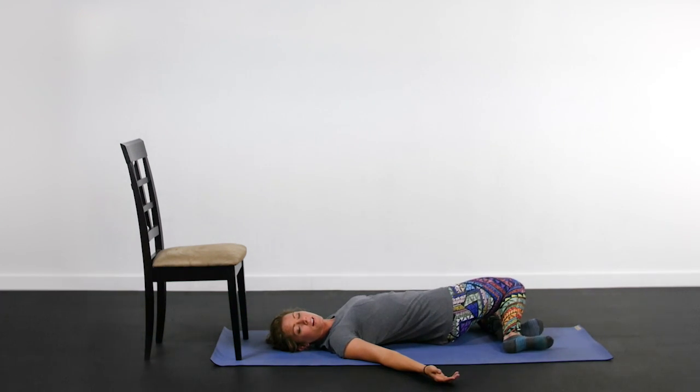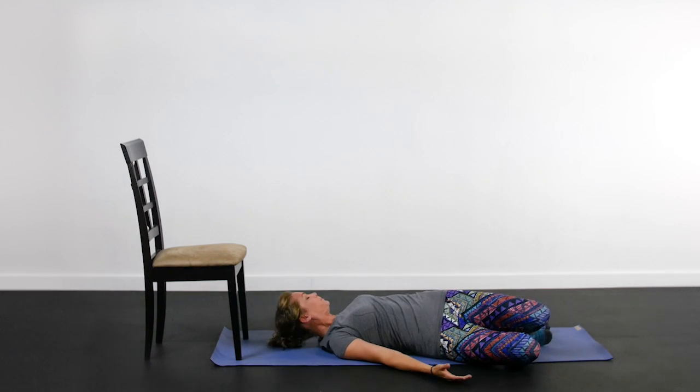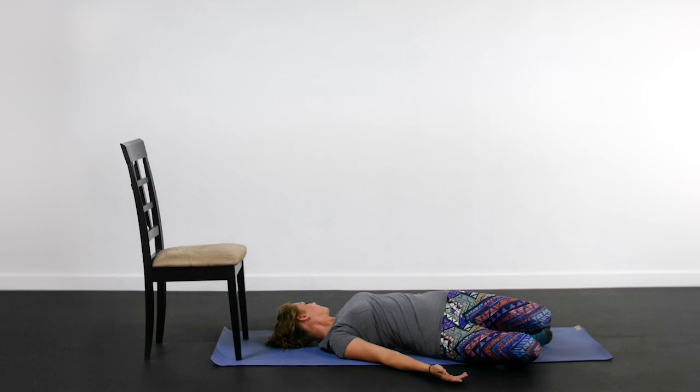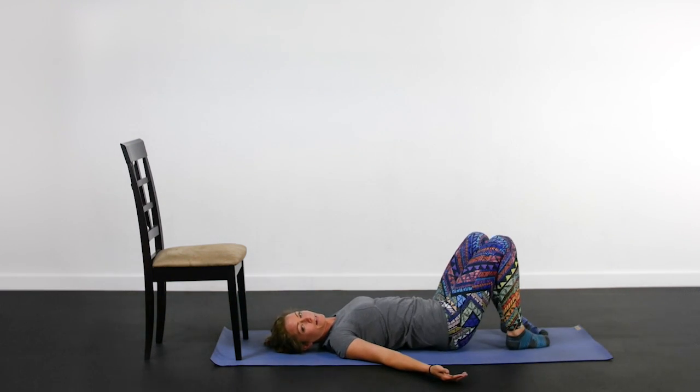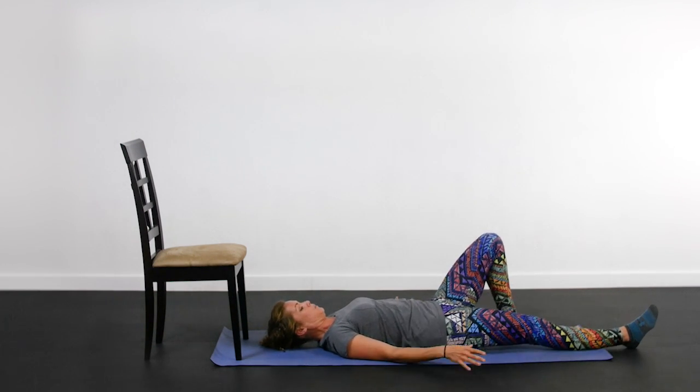Let's go ahead and switch your knees to the other side for one more rotation. Go ahead and switch your head too. Deep breathing. One more deep breath in your nose. And relax. All right. You're going to go ahead and straighten one leg out and bring the other knee into